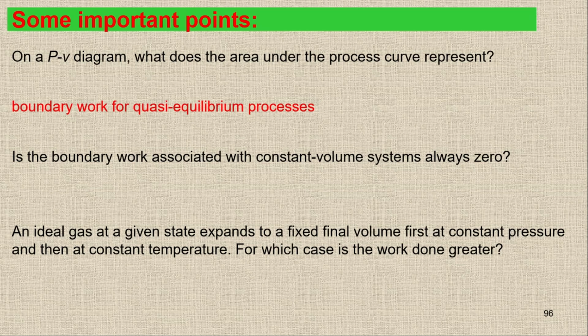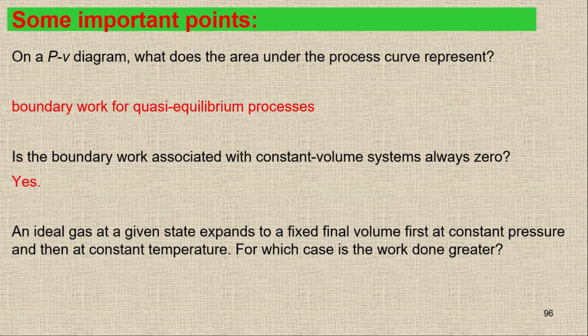In the second point: is the boundary work associated with a constant volume system always zero? Yes, because the boundary work is equal to the integral of P dV, and for constant volume dV is equal to zero. So boundary work associated with constant volume is always zero. Remember this. Then the third point we have written is that an ideal gas at a given state expands to a fixed final volume, first at constant pressure and then